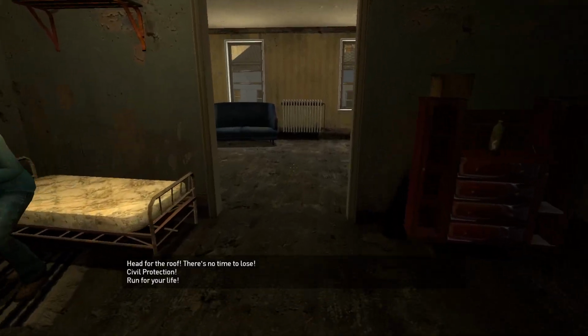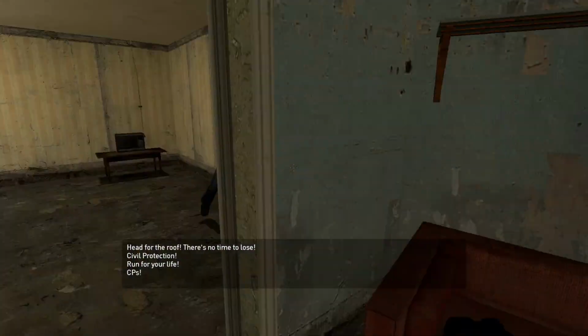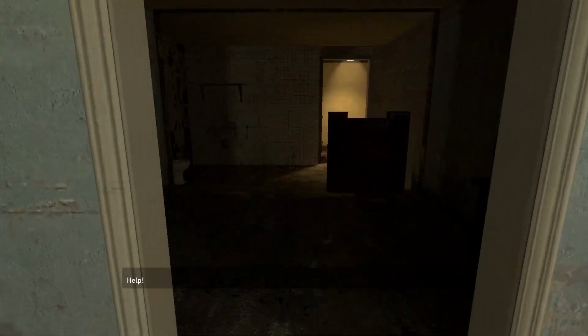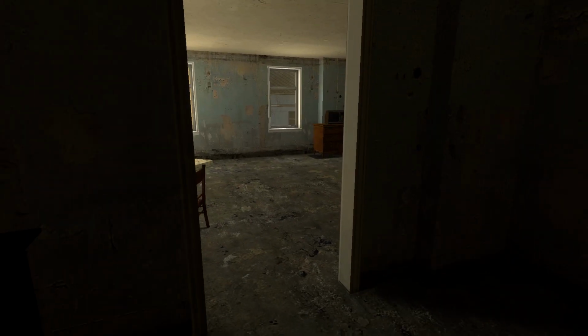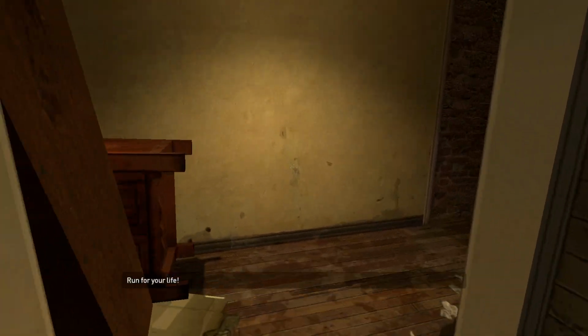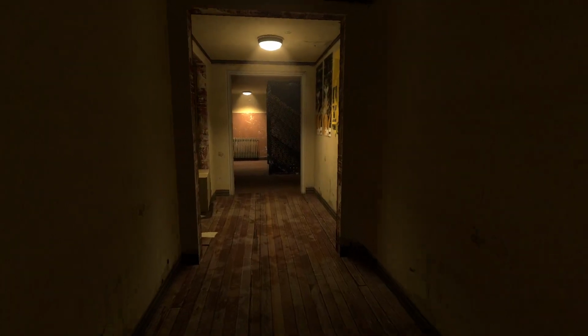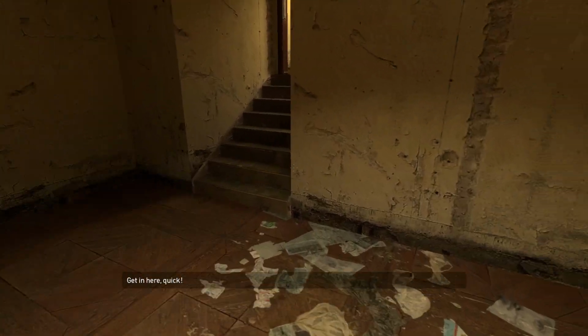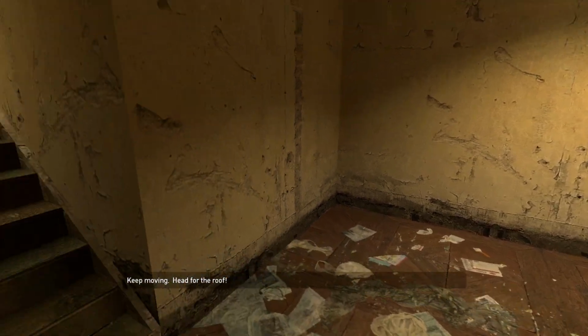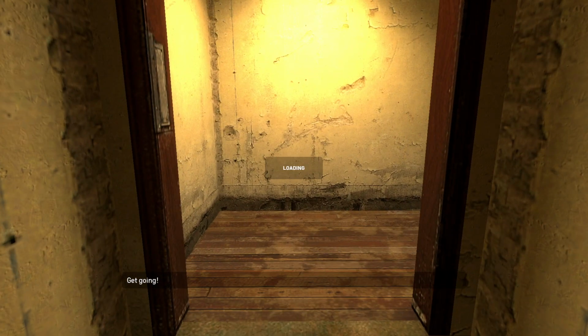Head for the roof! There's no time to lose! Identification check in progress. Please assemble in your designated section position. Get in here, quick! Keep moving! Head for the roof! All citizens in local